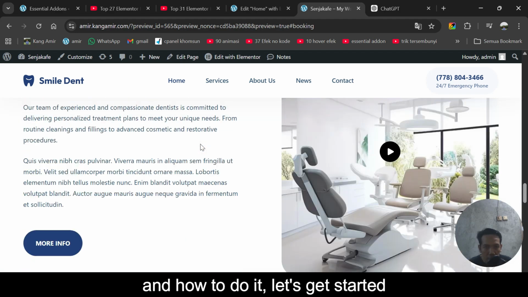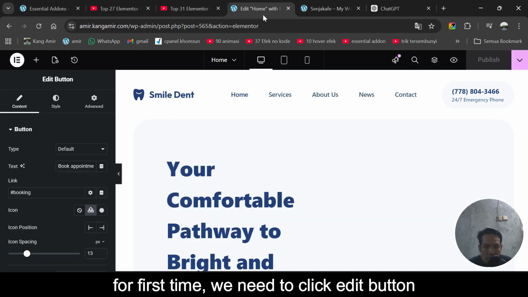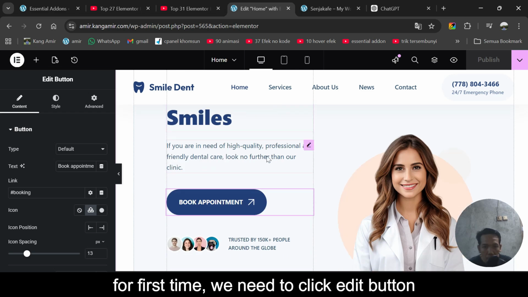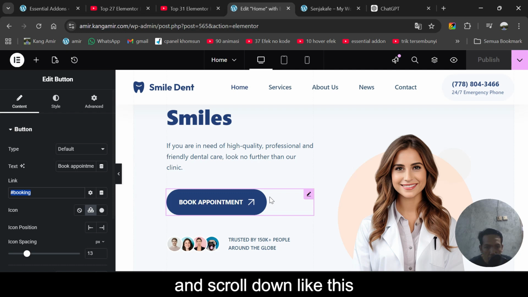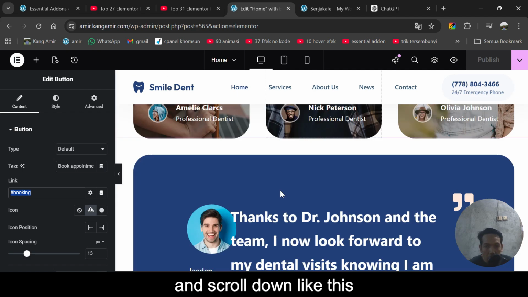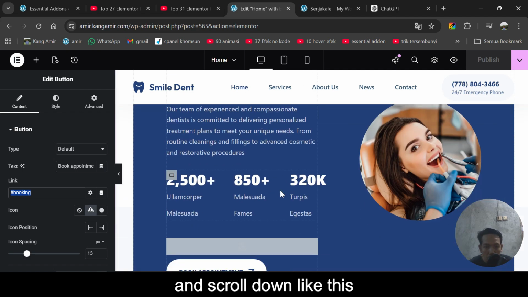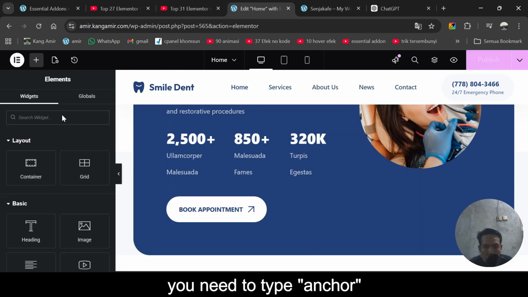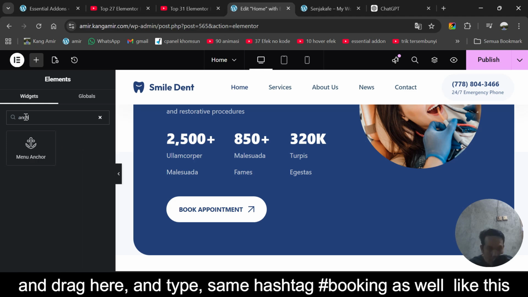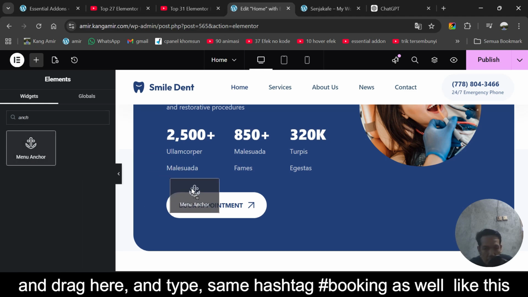Let's get started. For the first time, we need to click the edit button and go to link like this and type hashtag poking and scroll down like this. You need to type anchor and drag here